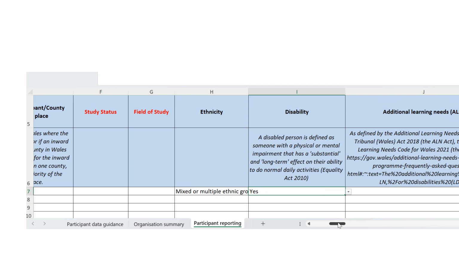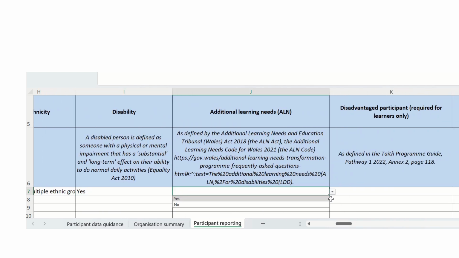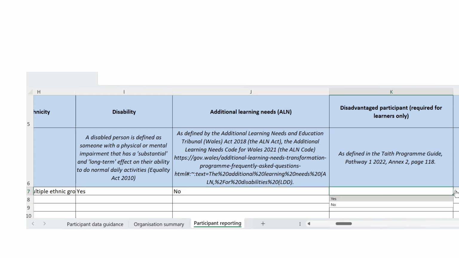I'll put them down as having a disability, but then I'll put no against additional learning needs and no here.